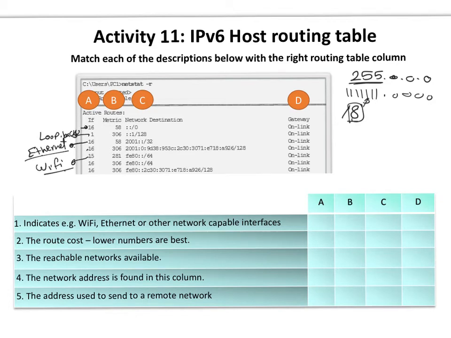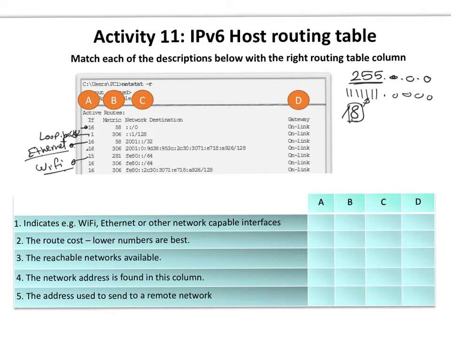So IP version 6, again, is designed based on the lessons learned from IP version 4. IP version 4 displays a separate routing table for each interface. So Wi-Fi will have a routing table, Ethernet will have a separate routing table, and so on. IP version 6 said, okay, we can combine all of these in one routing table, which is more efficient. Okay, so that's a big